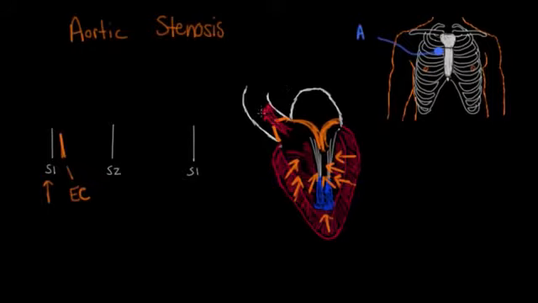And then eventually, as the heart starts to relax a little bit, and we're going to now get rid of these arrows, you're going to get less and less flow. And so the way that this murmur actually looks, the shape of the murmur, is that, like we said, as it contracts more forcefully, you get more and more flow, and the murmur becomes more and more intense. And then as the ventricle starts relaxing, it becomes less and less intense. And so we call this a crescendo, decrescendo